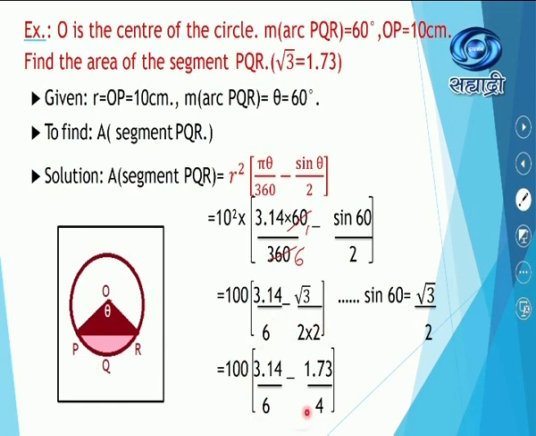Now here you can see that the denominators are not equal. Therefore, to equalize the denominator, we have to take the LCM of it. Now 12 is the LCM. Therefore, if you multiply 6 by 2, you have to multiply here by 2. And if you multiply here by 3, you are going to get 12. Therefore, you have to multiply here also by 3. So let's see the next step, what it comes.